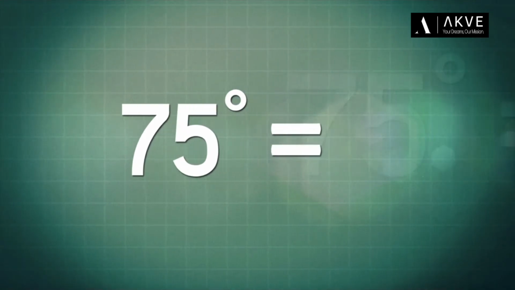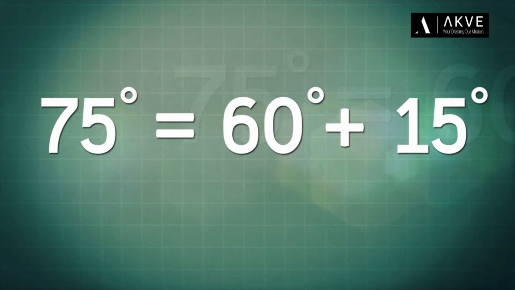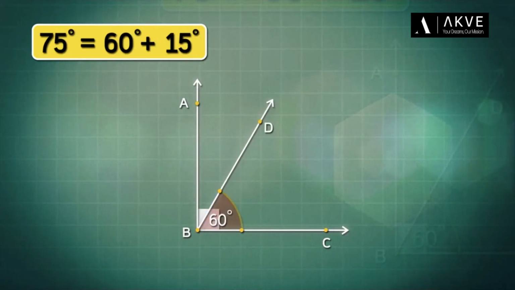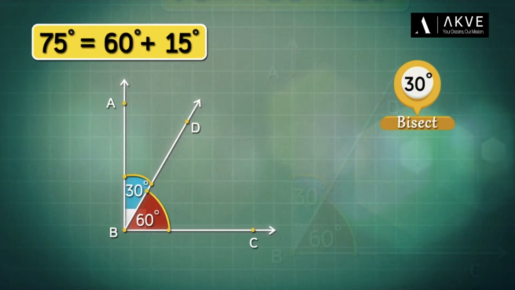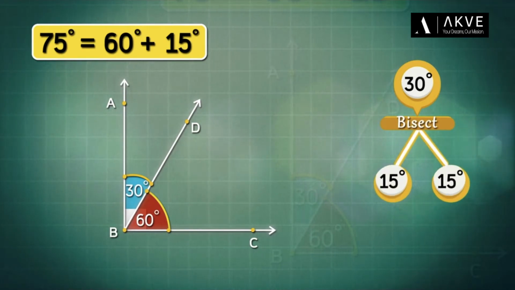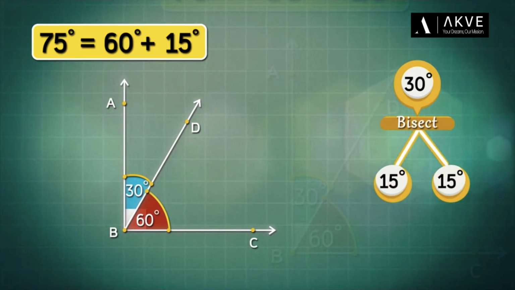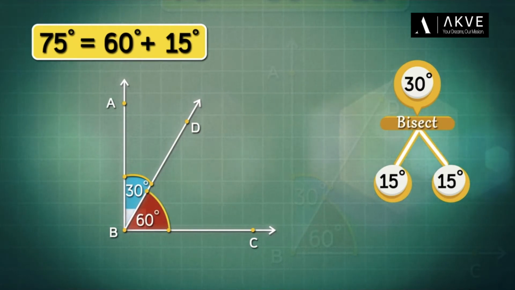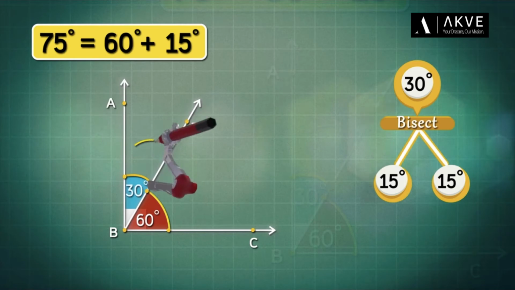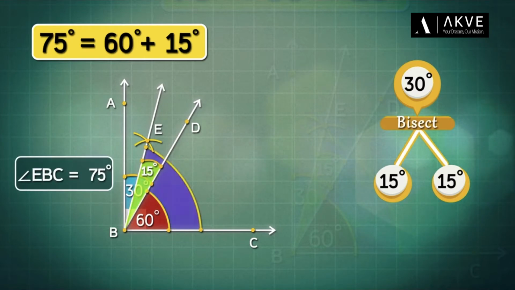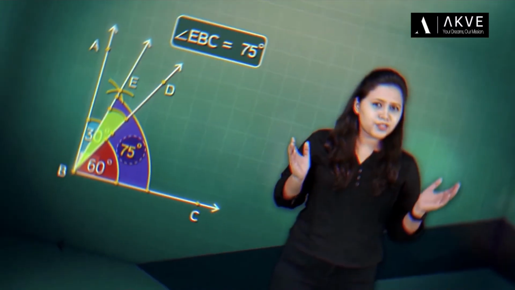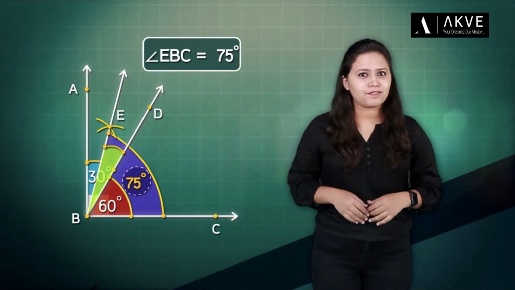Yes, there is. 75 degrees is simply the sum of 60 degrees and 15 degrees. And we already know how to construct an angle of 60 degrees. This means if we bisect the 30 degree angle between 60 degrees and 90 degrees, we will get a 15 degree angle. So firstly, construct angles of measure 60 degrees and 90 degrees. Then, bisect the 30 degree angle between 60 degrees and 90 degrees. So, 60 degrees plus 15 degrees is 75 degrees. So this is one simple way of getting a 75 degree angle.